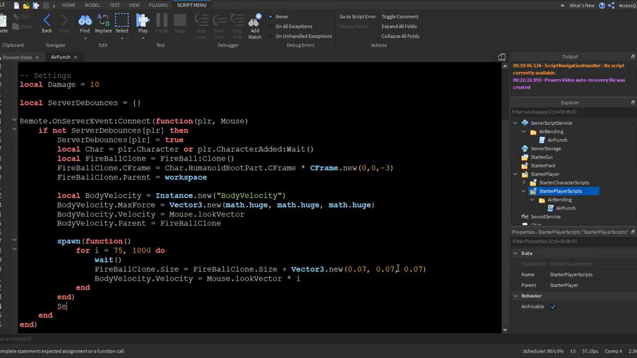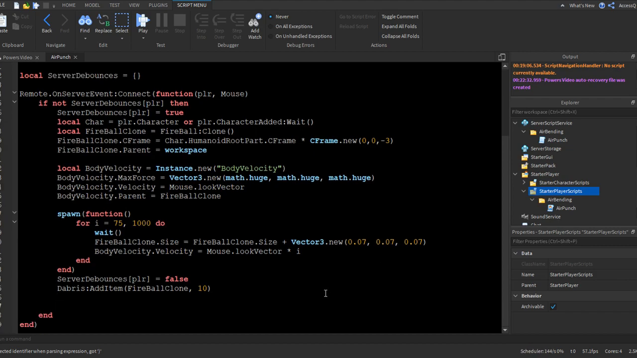Alright, so now we can do server debris. Sorry. We want server debounces PLR. Then we want to do equals false, and then we want to do debris. Debris add item fireball clone, and then we'll do 10. So now we can do local debounce equals true,